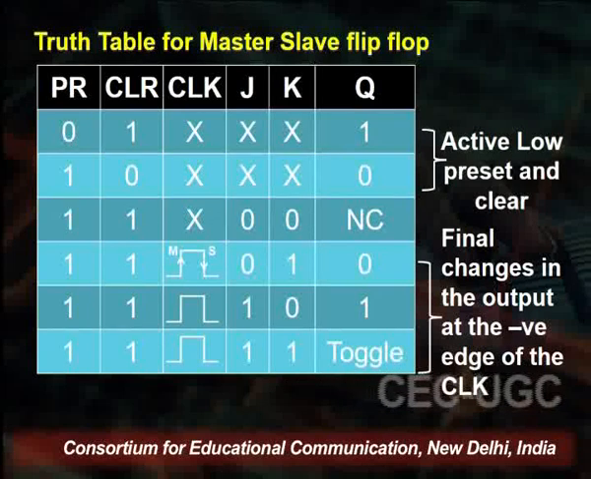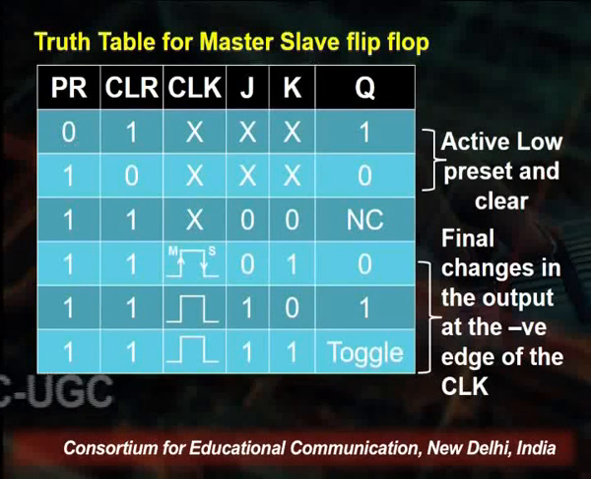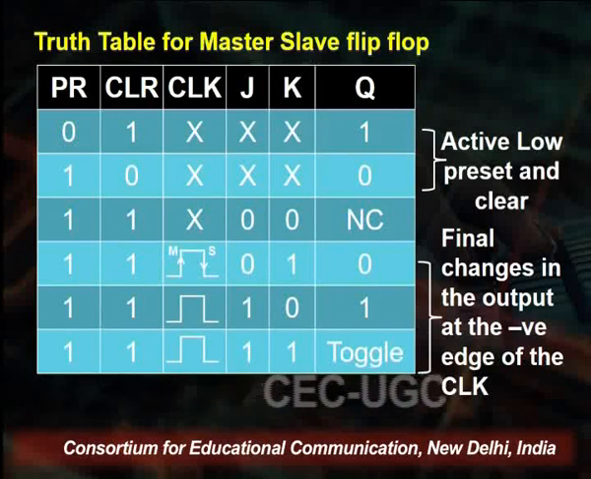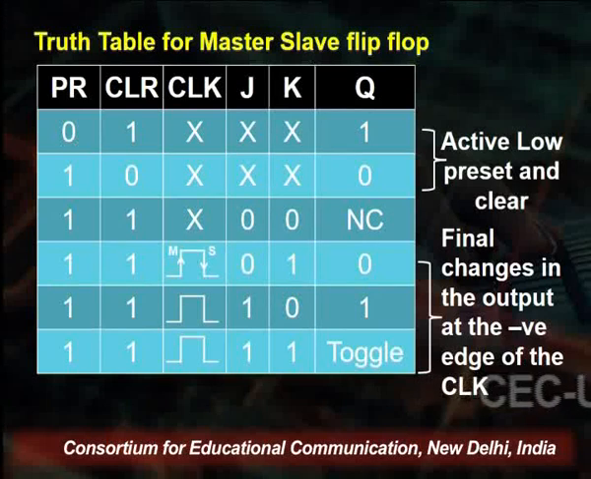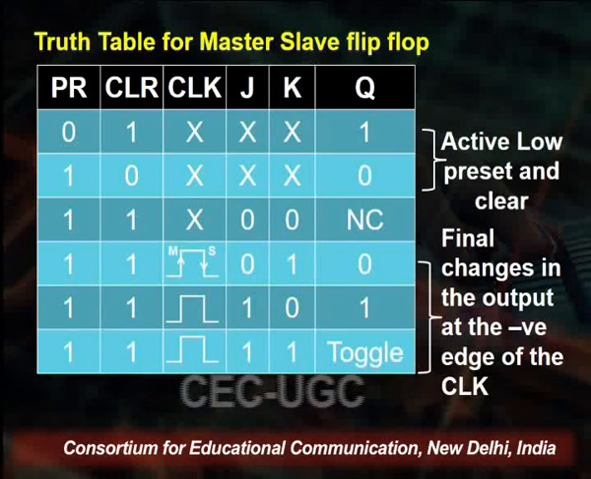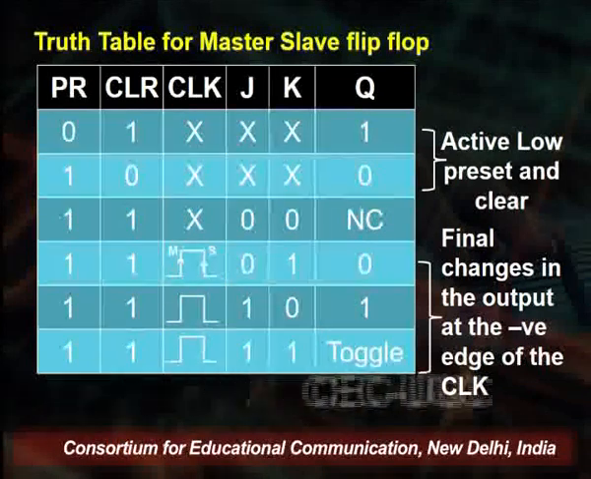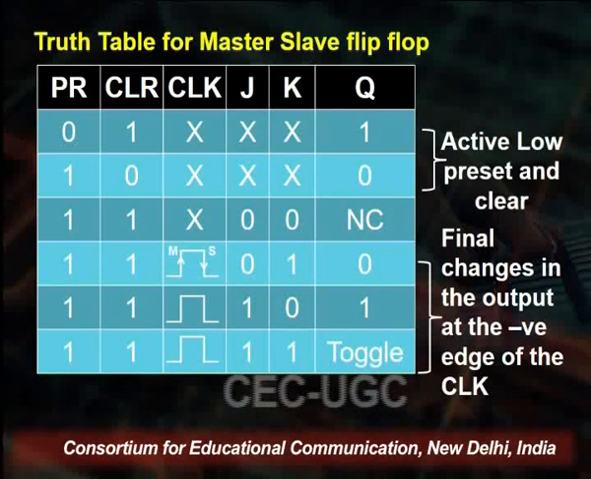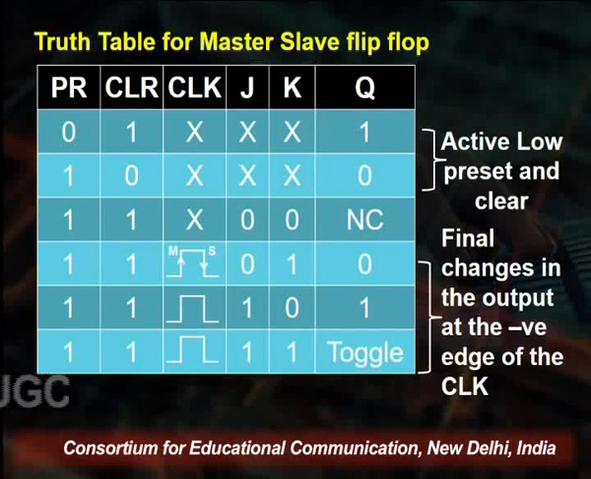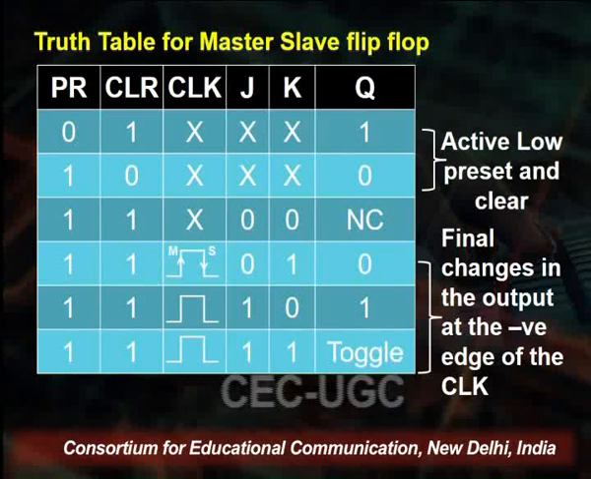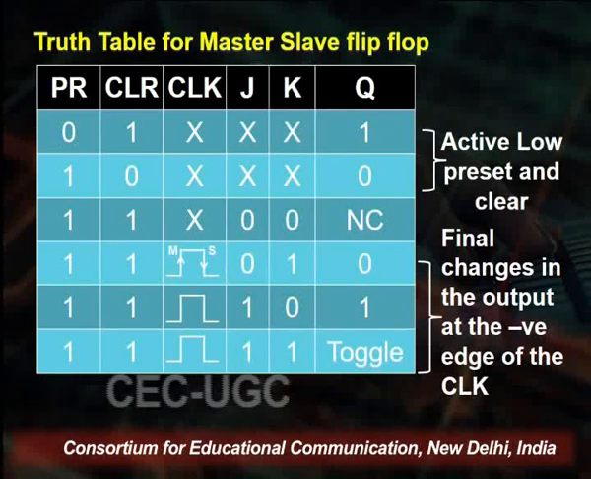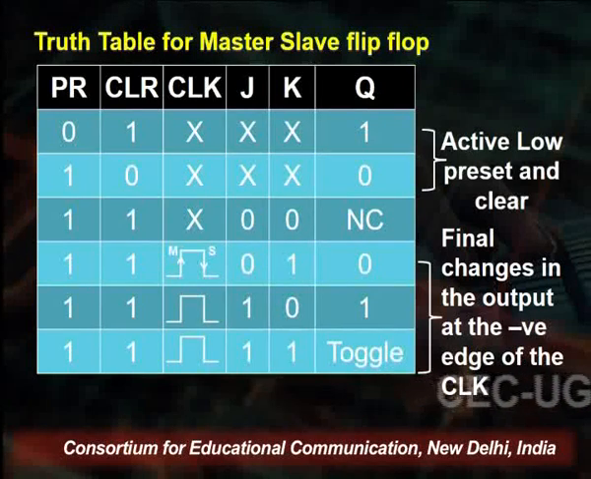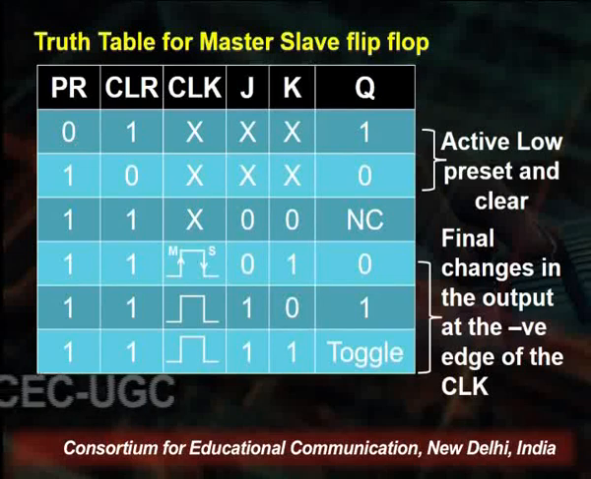So when PR is equal to 0 and CLR, that is clear, is equal to 1, so irrespective of whatever is the state of clock, J input or K input, the output of the flip-flop is fixed at 1. When preset is equal to 1 and the clear is 0, then again, irrespective of the status of the clock or the J and K inputs, the output of the flip-flop is fixed at 0. When preset is equal to 1, clear is equal to 1, irrespective of whatever is the state of the clock, and if J and K inputs are both at 0, then no change occurs in the output of the flip-flop. That is, if it had 0, the output would be 0, and if it had 1, the output will still